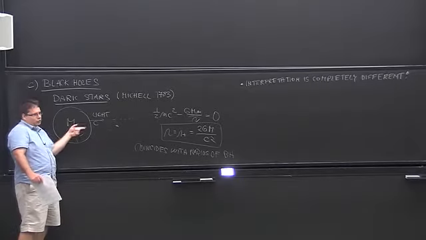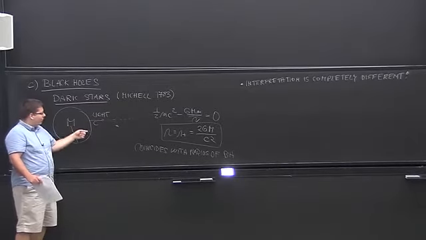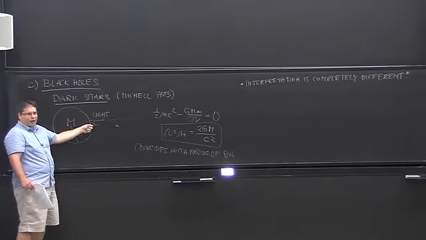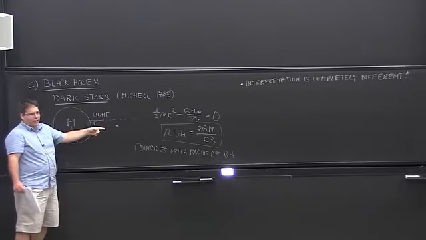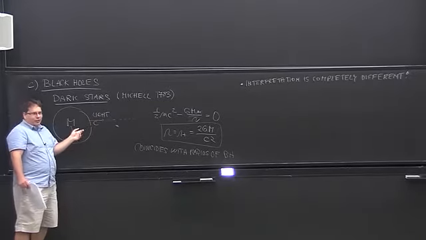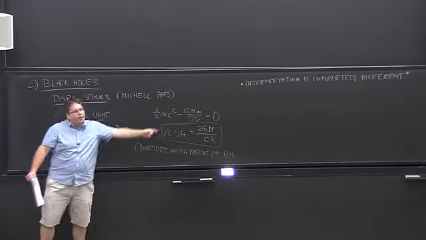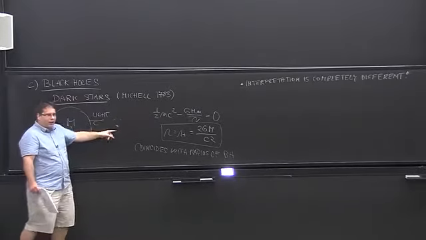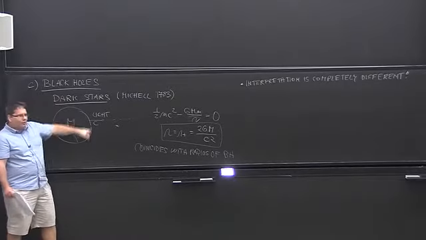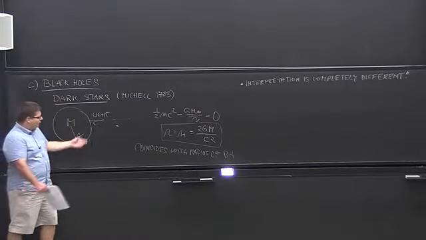So on the black hole, if you shoot the light outside of the black hole, the light simply stays on the horizon of the black hole. It doesn't go anywhere. Nothing can leave the horizon of the black hole. Here, I just don't have enough kinetic energy to go all the way to infinity, but I can go somewhere. But on the black hole, I just stay on the horizon, no matter how fast I shoot it.